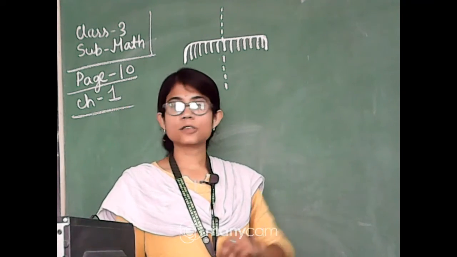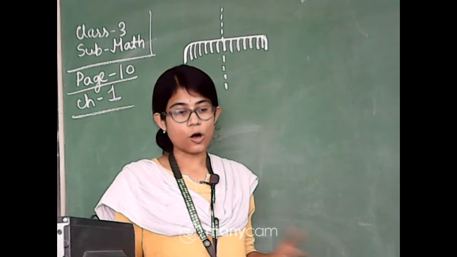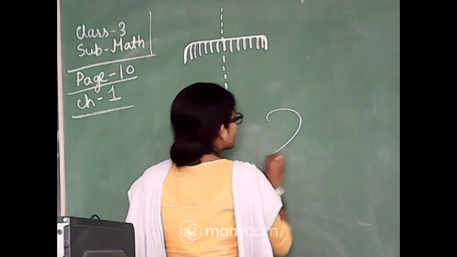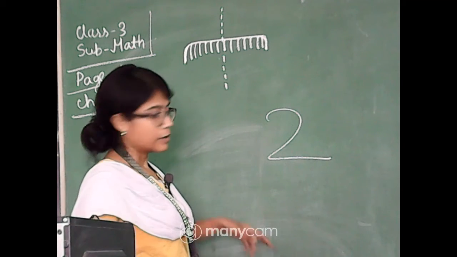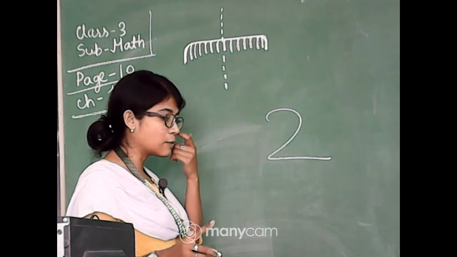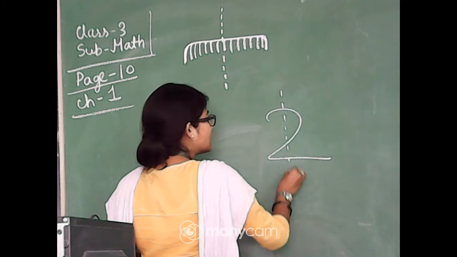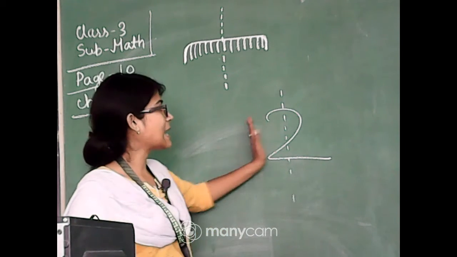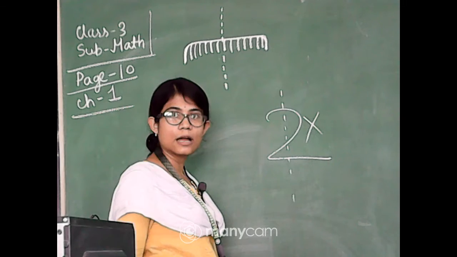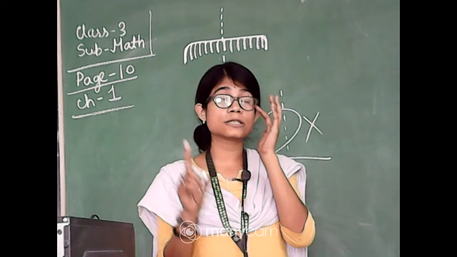Now perhaps all the pictures can't be divided into two similar halves. Like one thing, just look at your book. On the third row, on the fourth line, the third one is 2. You can't divide 2 by using a dotted line, isn't it? Because this side and this side don't look the same. So it will not work with the dotted line. So only those pictures can be divided into two similar halves.